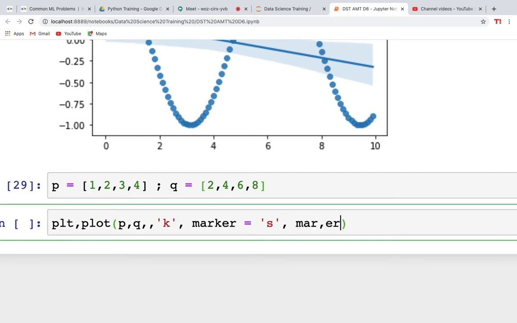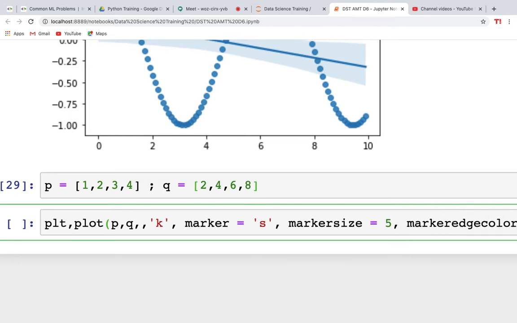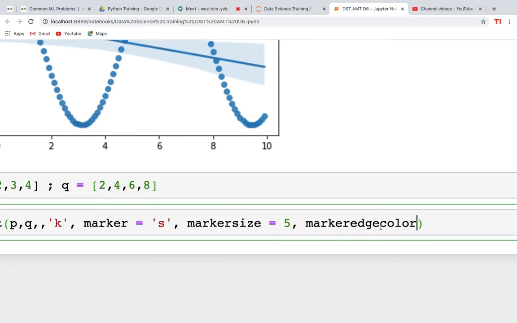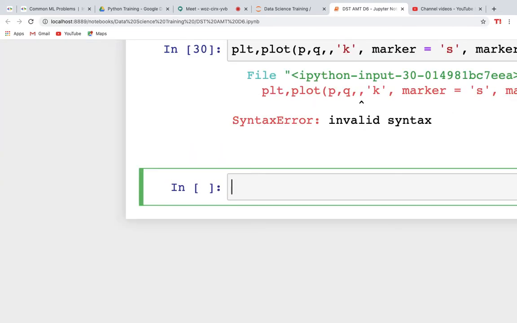And now I'm writing marker size. You can write it or you can leave it, it depends on you. So I want the marker size to be 5, and the marker edge color, that depends on what you write. Let's say you want red color. So when you plot this,